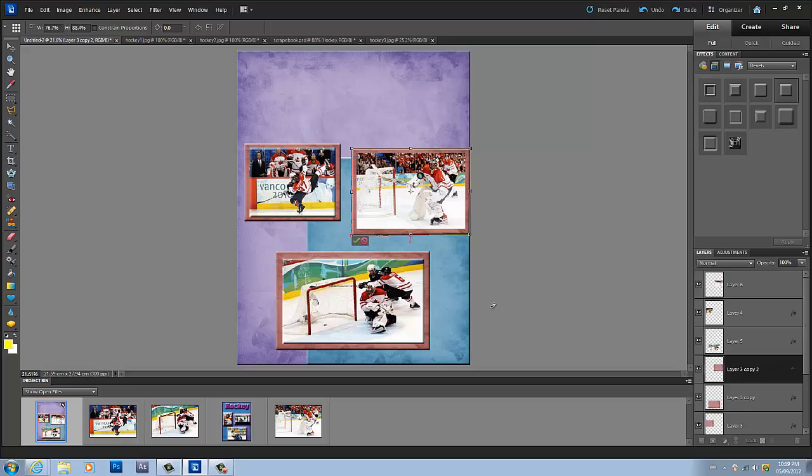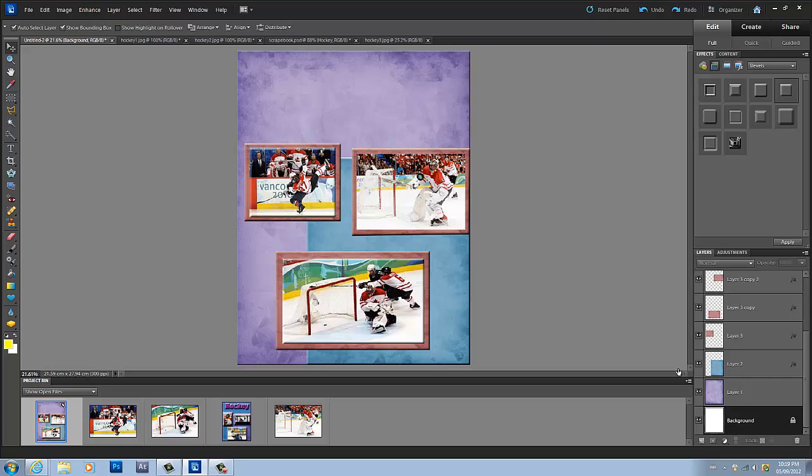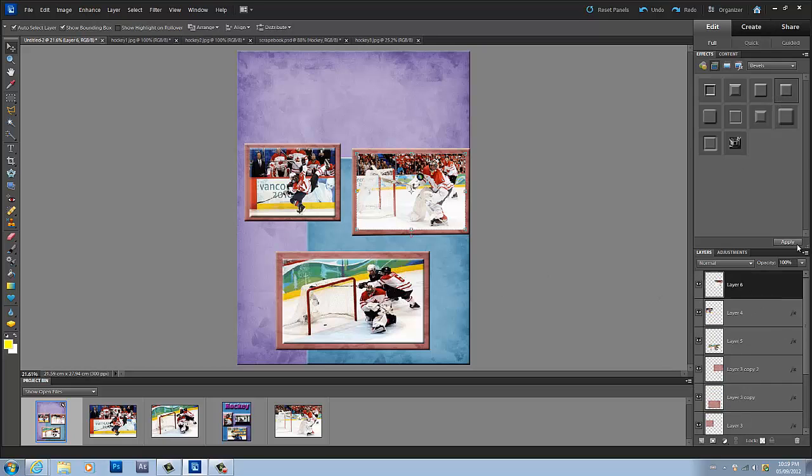Okay, so I'm going to move this over just to the side a tad. Actually, I'm going to leave it on the edge there. Okay, and I'm just going to make this picture here, just bring it down a tad. Perfect. So as you guys can see here, actually, first of all, I'm going to add a bevel to this